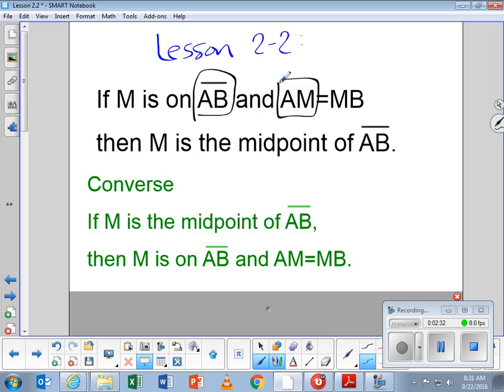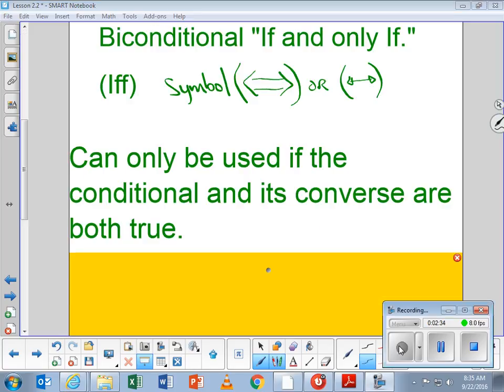Let me pause a second. So, if and only if is called a biconditional. You've probably heard things like, you'll get to go to the movies if and only if you get your homework done. Okay? What that means is a lot stronger than what we read yesterday when we heard Troy's mom, who